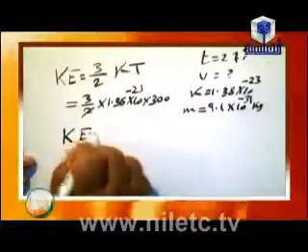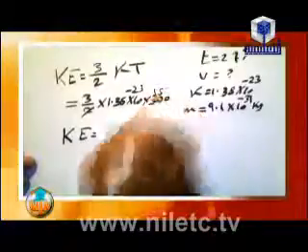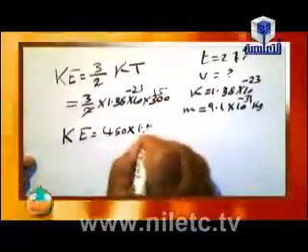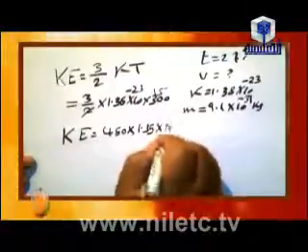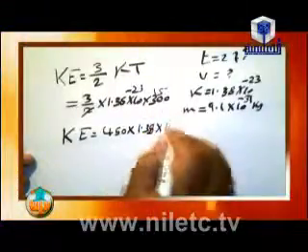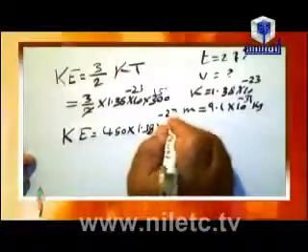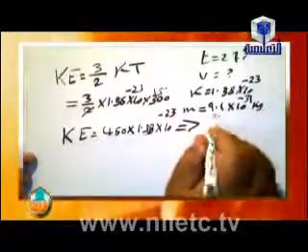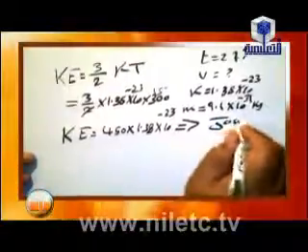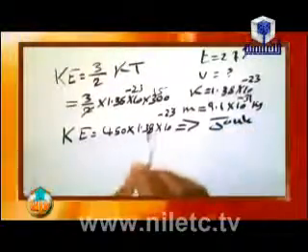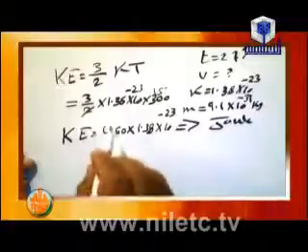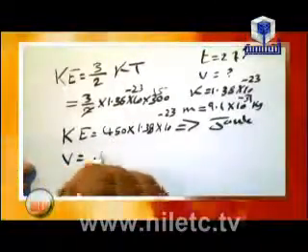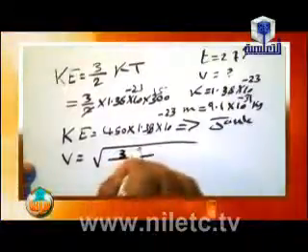KE equals 450 times 1.38 times 10 power negative 23. By using a calculator, we can find the kinetic energy, and its unit is joule. And after this, we want to find the root mean square speed. V equals root 3 RT